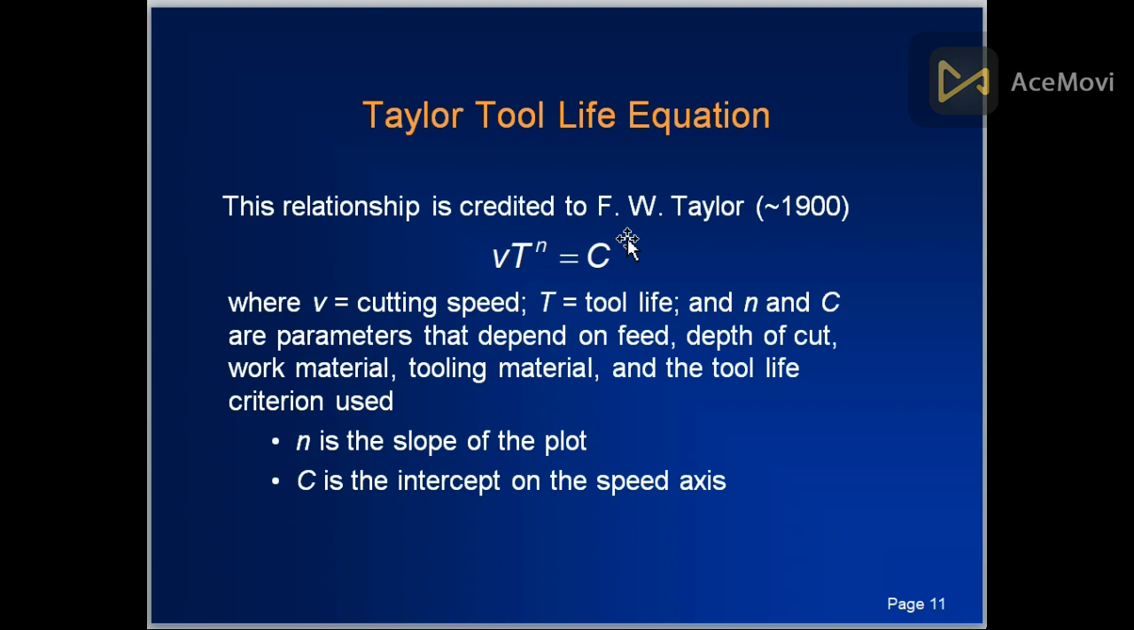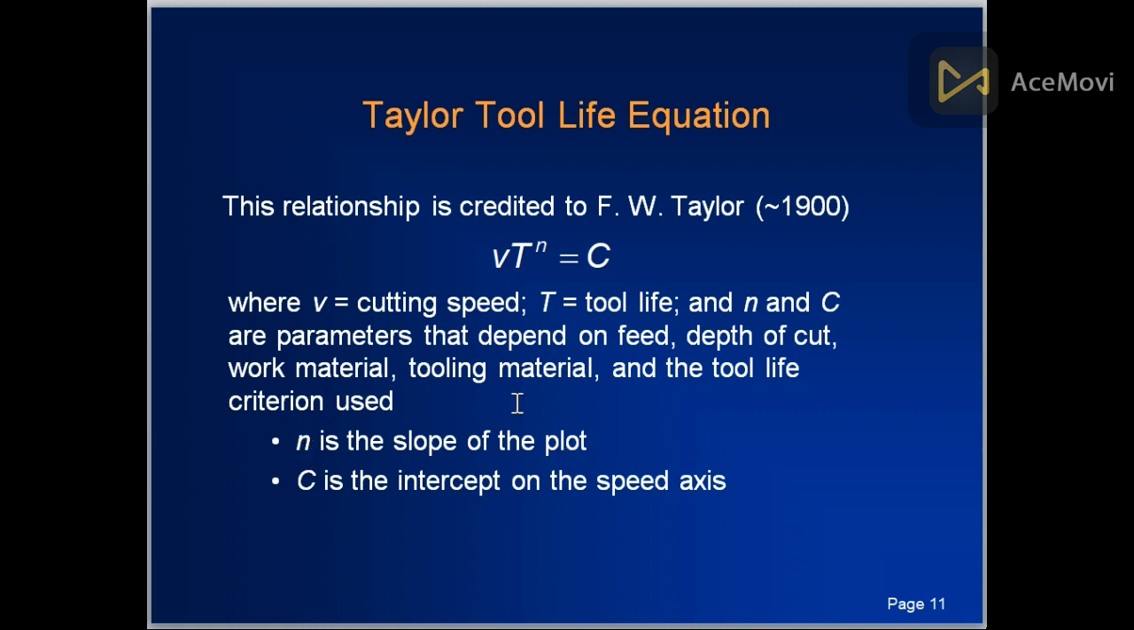This relationship is credited to F. W. Taylor. The Taylor era is approximately near 1900. The equation of Taylor is given by V t^n = C, where V is the cutting speed, T is the tool life, and n and C are parameters that depend on